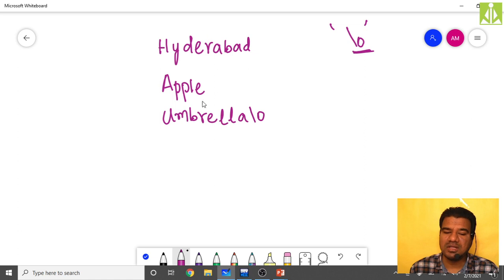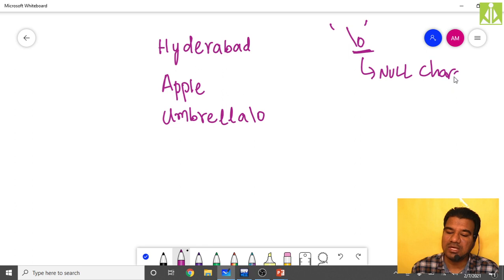Now all these are character arrays because they are sequences of characters, and as I said, the null character is also a character only. So when you keep all these characters in sequence, they become character arrays.